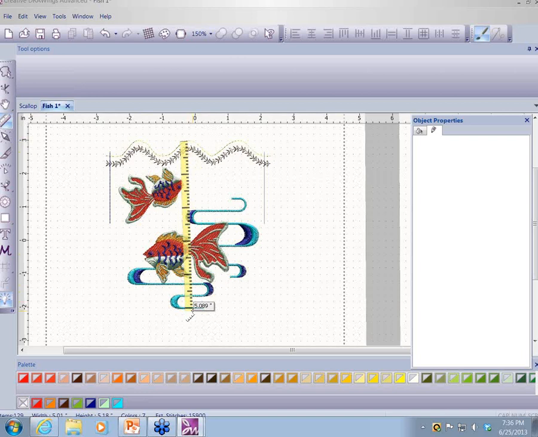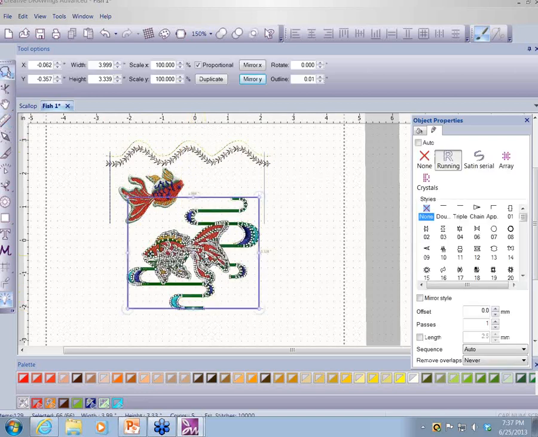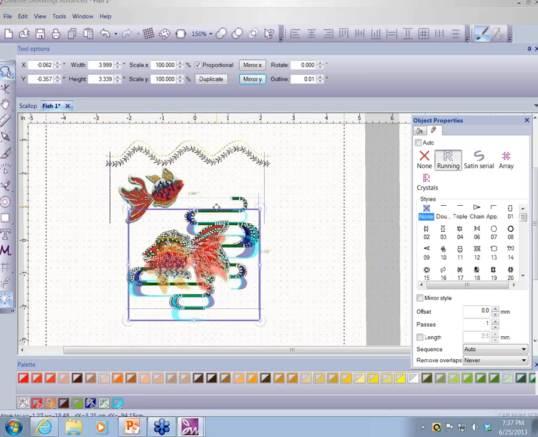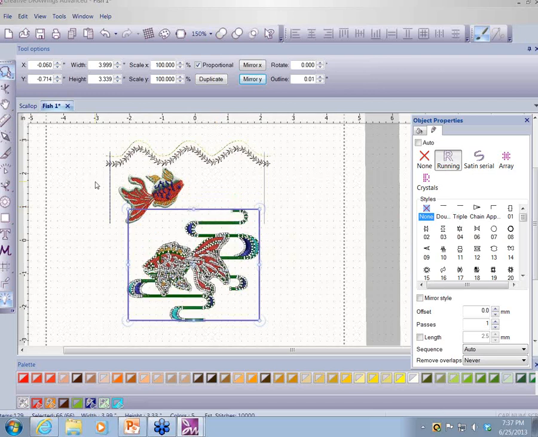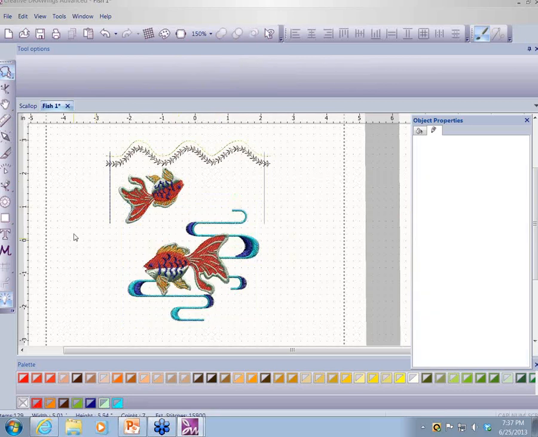I'm only a little over 5, so I would come up here and choose this and move it down a little bit, and I would measure again